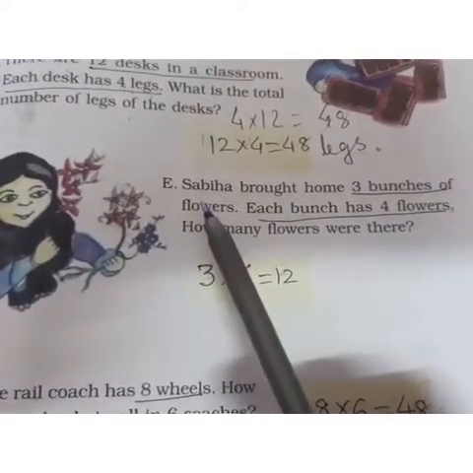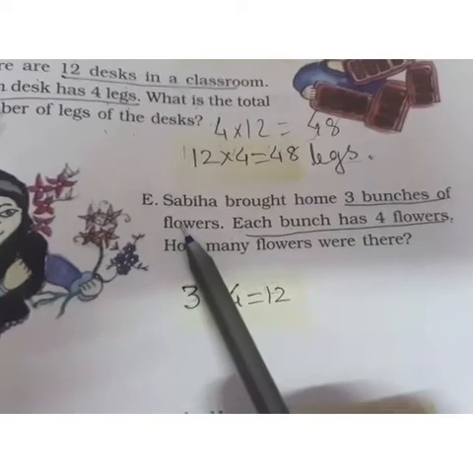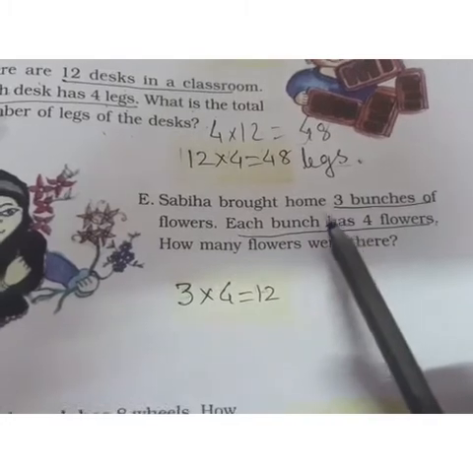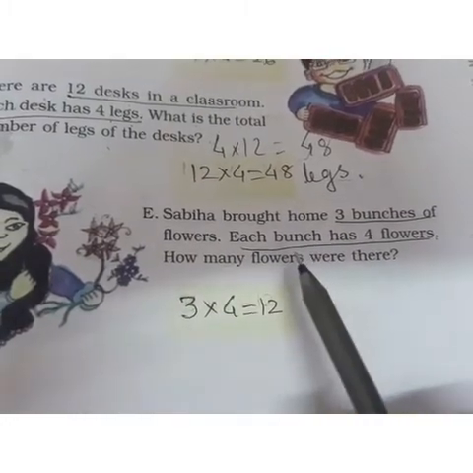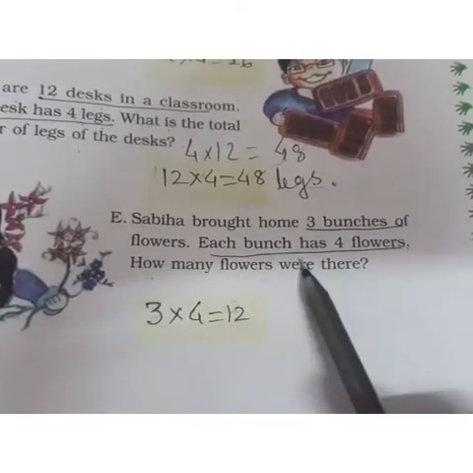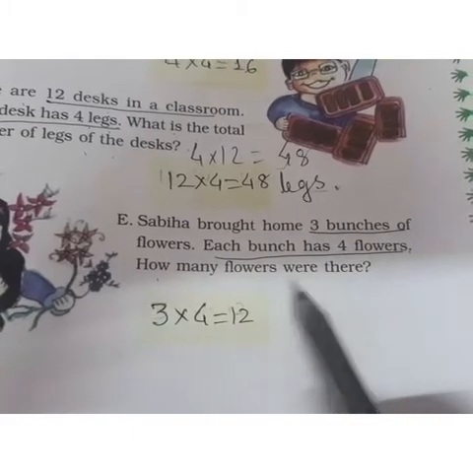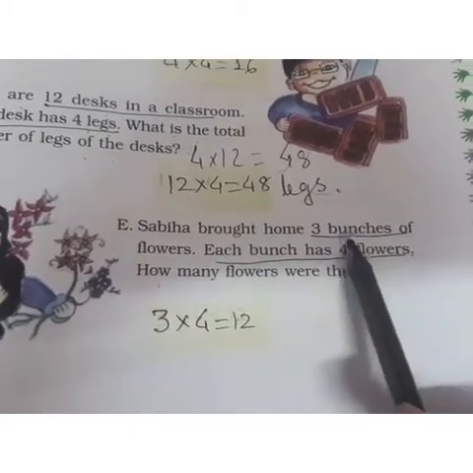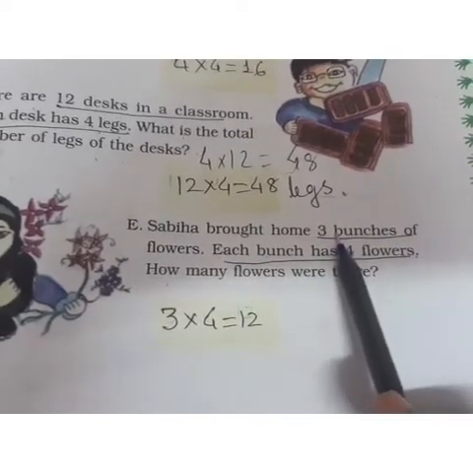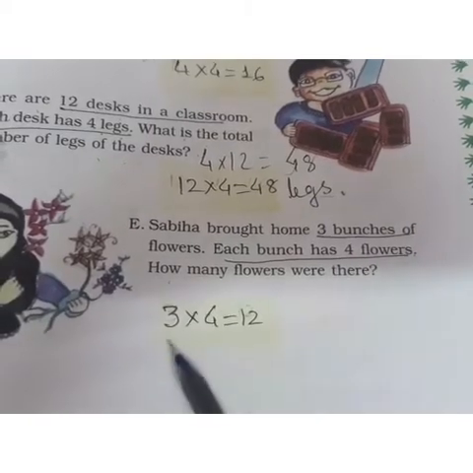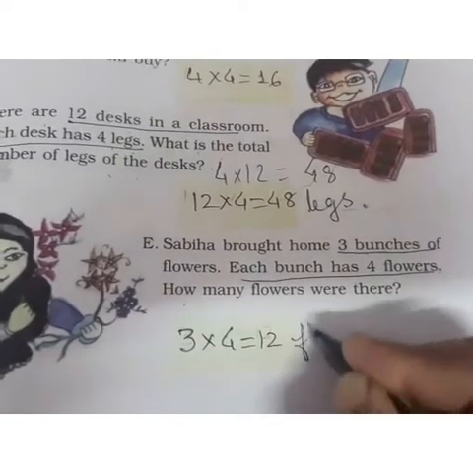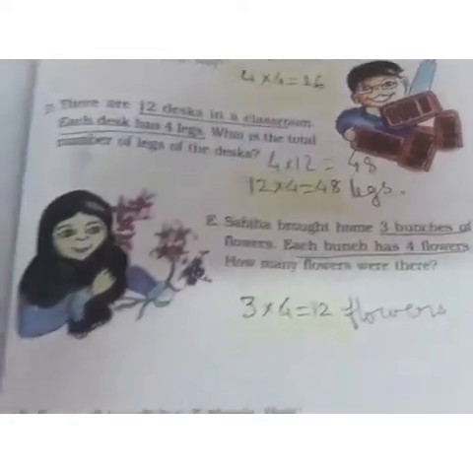E. Sabiha bought home 3 bunches of flowers. Each bunch has 4 flowers. How many flowers are there? Now कितने bunches आए? 3 bunches लाए और हर bunch में कितने flowers है? 4 flowers है. So total number of bunches 3 and in one bunch how many flowers? 4. So 3 multiplied by 4 is equal to 12 flowers. So how many flowers are there? 12 flowers. So next one is